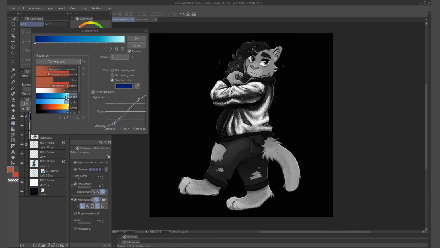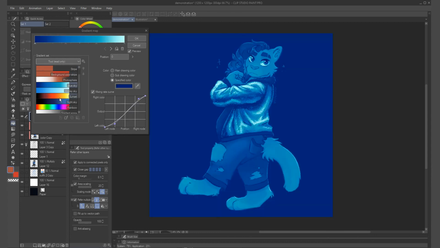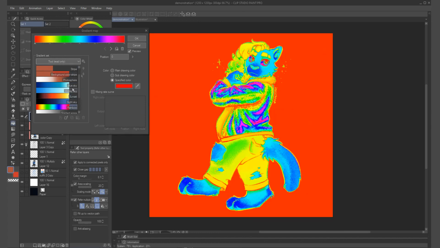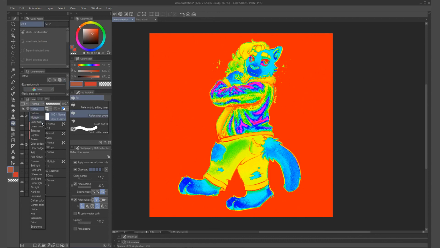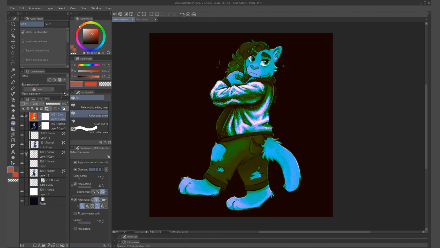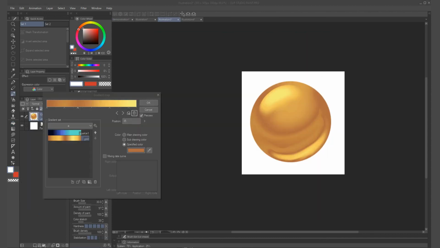You can use it to create many effects. The crazier gradient effects can actually be pretty useful, as they can create nuanced colors in your artwork. One useful thing I use gradient maps for is coloring tough things like metals.